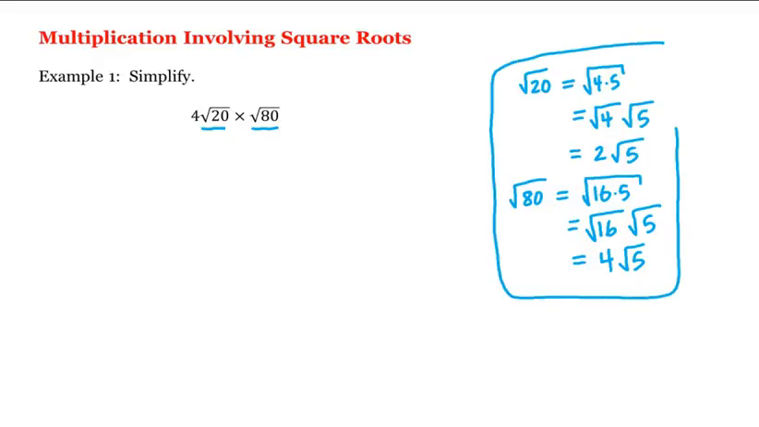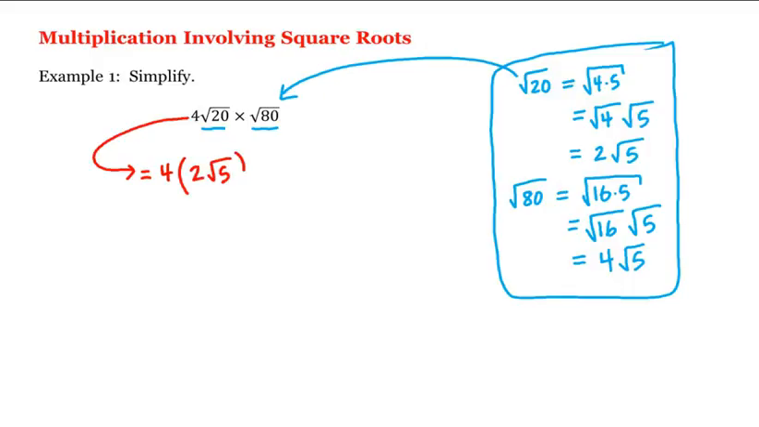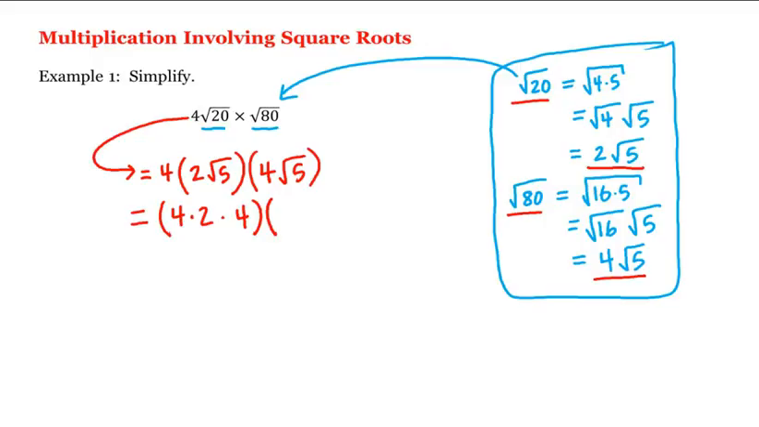So let's put these simplifications back into here, which gives us that this is equal to 4 times 2 square root of 5, because we just found that the square root of 20 was 2 square root of 5, and then times the square root of 80. And the square root of 80 we just found to be 4 square root of 5. And now by commutativity, we can regroup this multiplication as 4 times 2 times 4, and then times the square